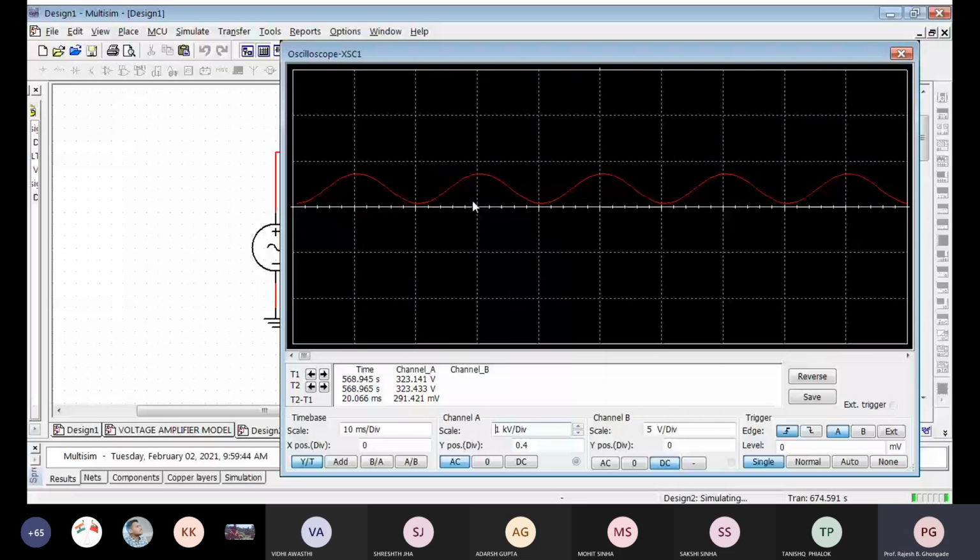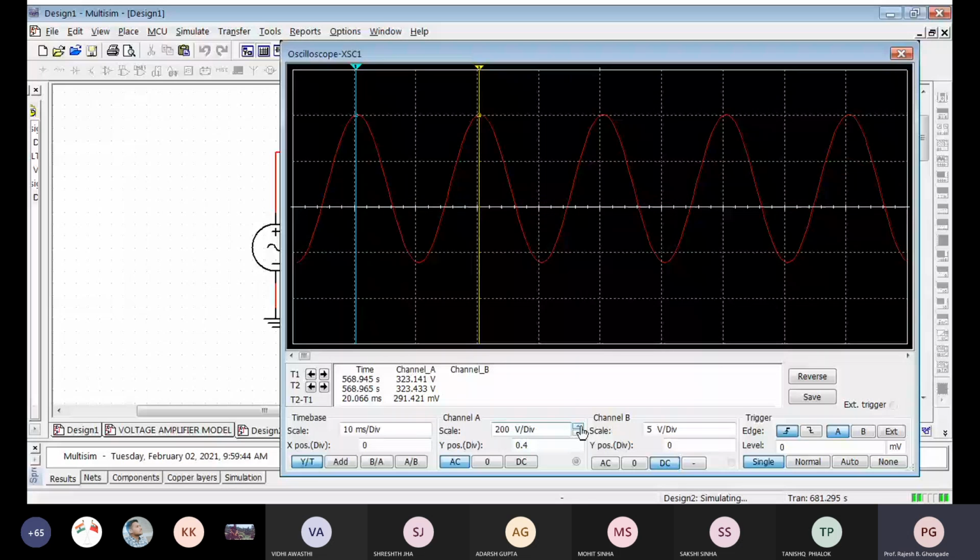So as far as possible, you have to see to it that I'm having a good resolution so that I can measure. So this is how you can measure the voltage, peak to peak voltage, using a CRO. Now this is exactly the same kind of thing which you use in the laboratory. In fact, the simulation of the CRO is designed in such a way, the GUI is designed in such a way so that you can easily see the same thing in the real device. Okay, is that clear, guys? Yes, sir.